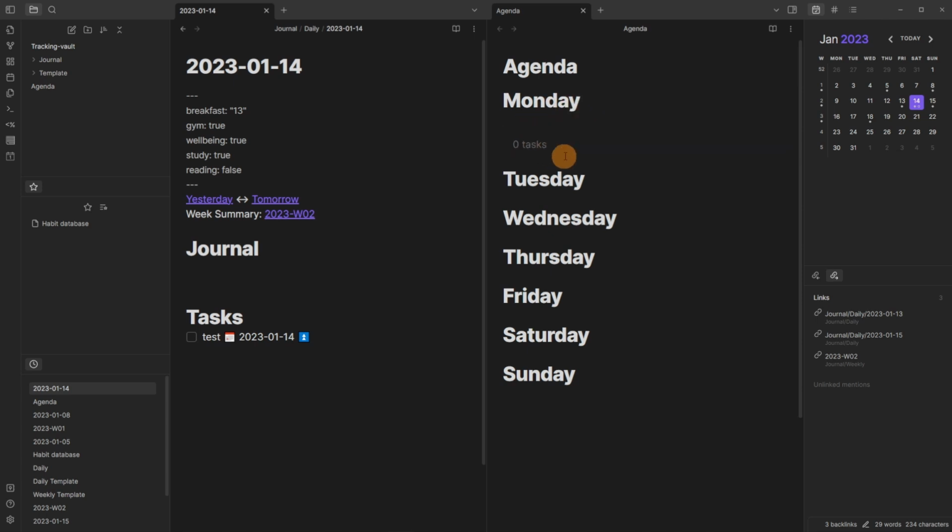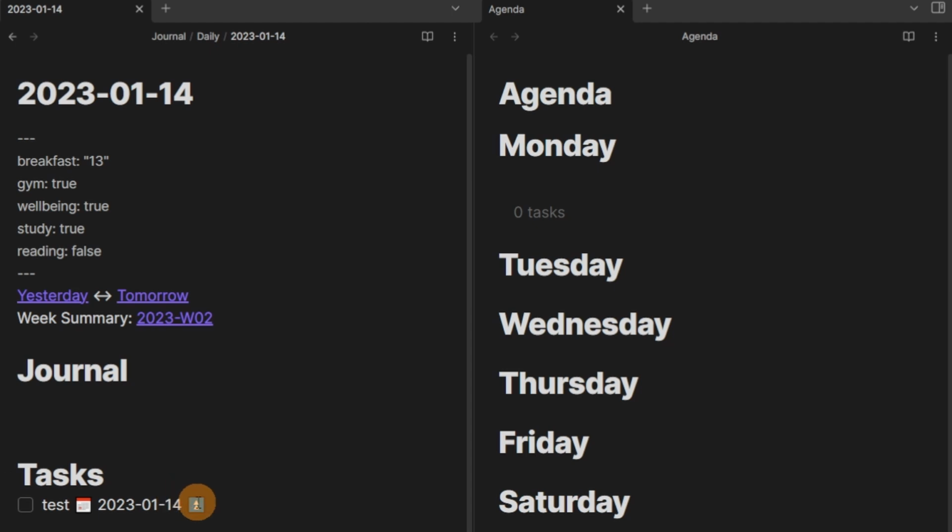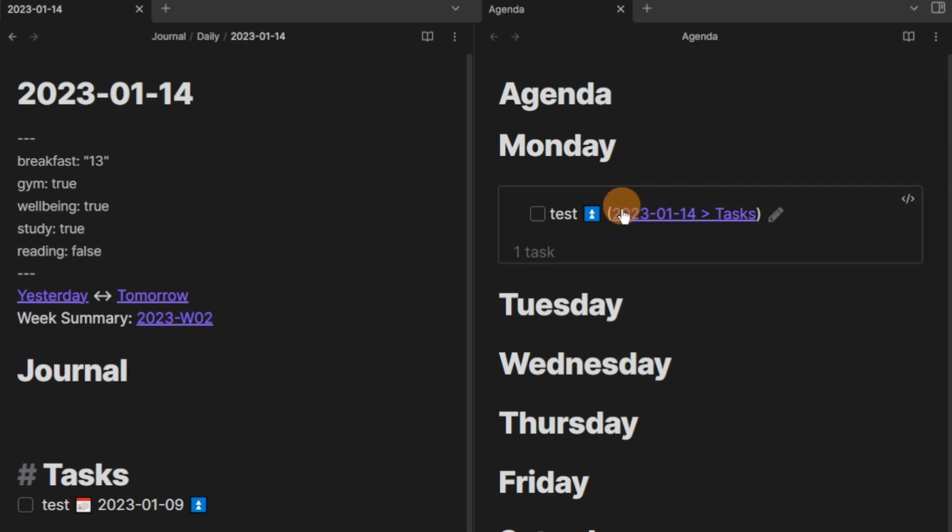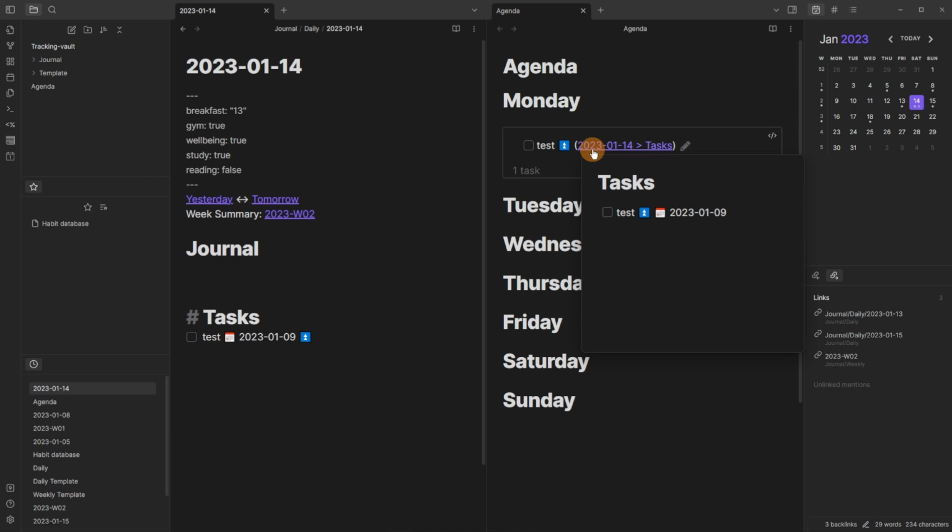At the moment, it's not showing in the task query because the 14th isn't this Monday, it's Saturday. So if we change the date to the 9th, because that is this Monday, so 09, then leave the line, it's going to show the result inside the query. That is this Monday. But if you don't want that link thing that it shows, you'll actually need to add some CSS,